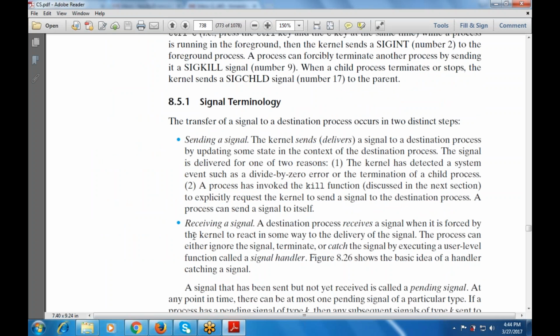Then signal terminology: the transmission of a signal occurs in two distinct steps. One is sending a signal, and the other is receiving a signal. We can send the signal, and we can receive